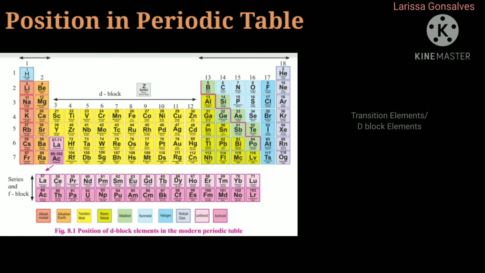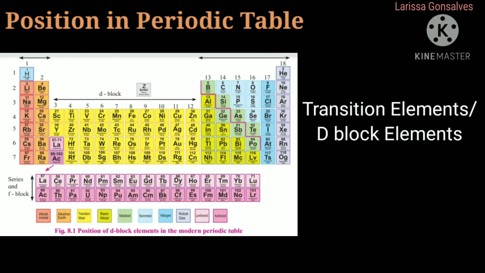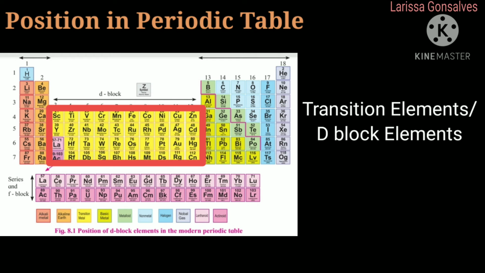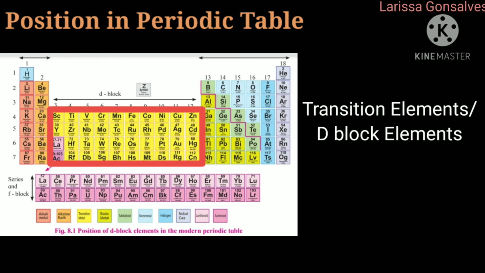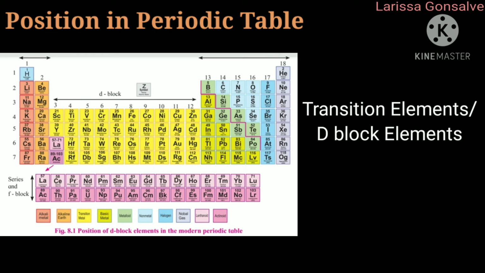The transition elements are also called the d block elements, and they are placed in periods 4 to 7 and groups 3 to 12, and it consists of 3d, 4d, 5d and 6d series. These transition elements are placed between the s block and p block, that is in the center of the periodic table. The properties of these elements, like electropositivity, reactivity or any other property, change gradually as we move from s block towards the p block.